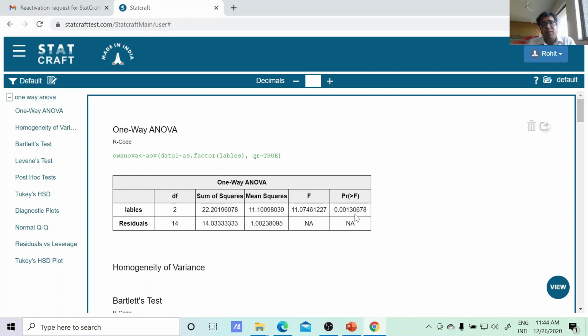So in this sum there is a difference among the population means of the groups, and that's why we reject our null claim. Again, it will be better explained when we calculate it manually.